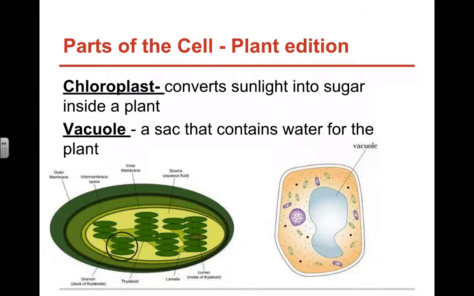The reason this is important in plants is because plants actually need to have an excess amount of water inside of them so that they do not wilt, right? That water helps provide their structure so they can stand up. So humans also have vacuoles, but we have really tiny ones because we don't need to store that much water in each cell. Whereas plants need to store water to keep the structure of their cells intact so that they can stand up.